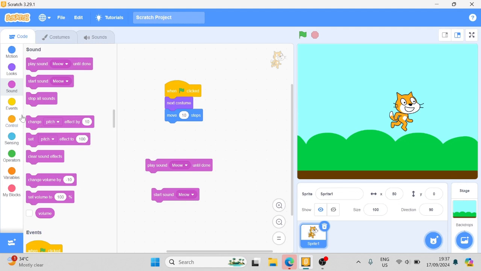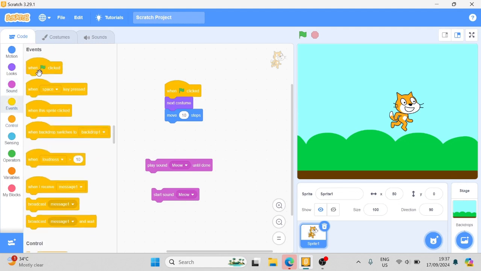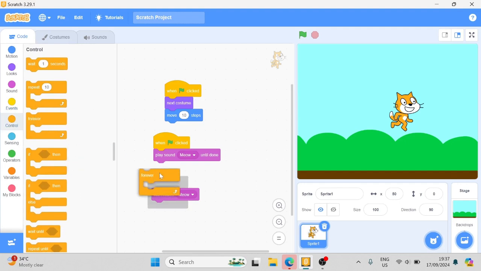So, let's say you're making this game in Scratch and you want background music. Well, if you're making background music, it's very important that you use the play sound until done block. Why? Because it plays the whole sound effect until it's done. So we get this small forever loop, and all this block does is repeat whatever blocks are inside of it forever. So as you can see,